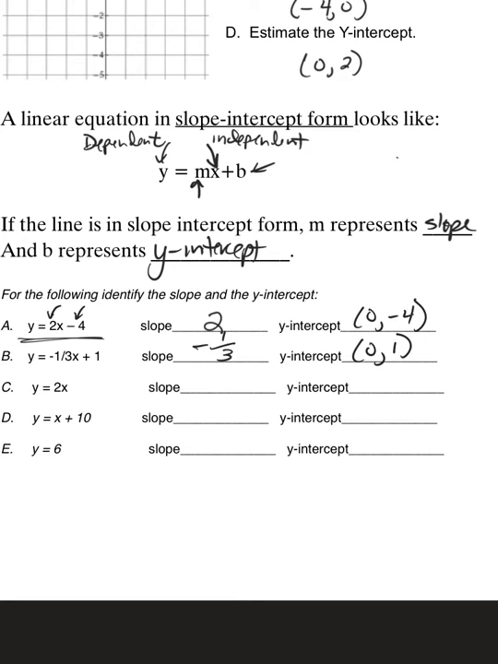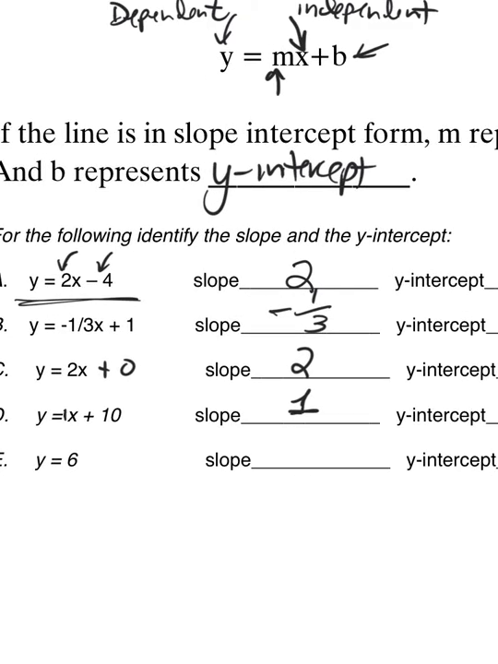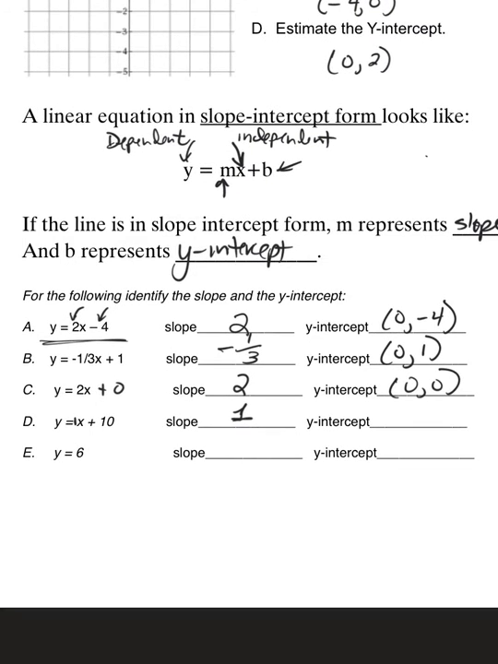For C, I have a slope of 2. The y-intercept isn't written as clearly as the other ones, but I could draw it in there if I wanted to. If you don't have a number there, you can assume this goes through the origin, (0, 0). For D, the slope is 1. Some people will say it's 0, but it's not. If there's no number written in front of x, you can assume that number is 1,